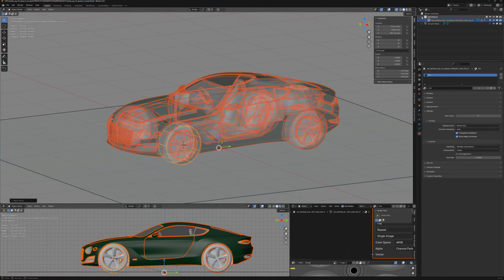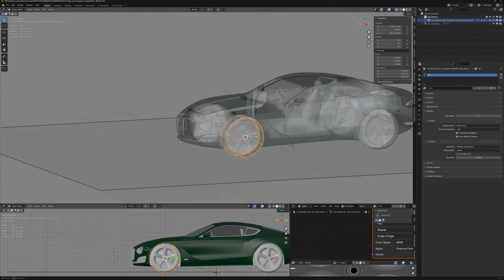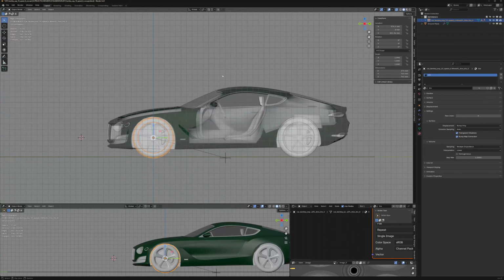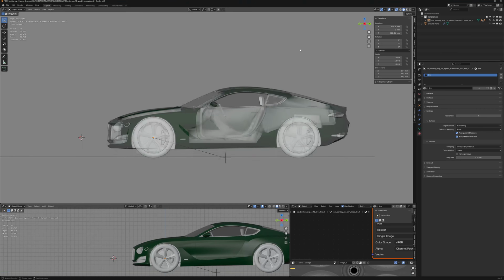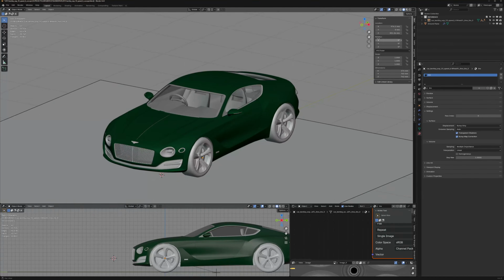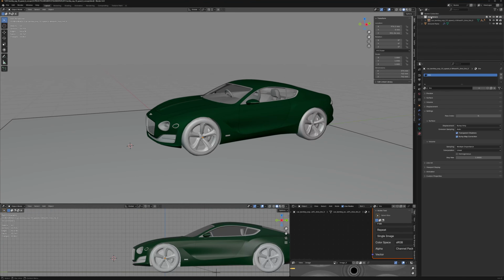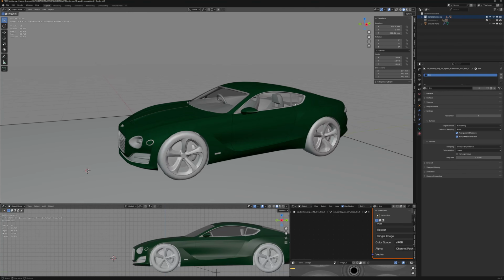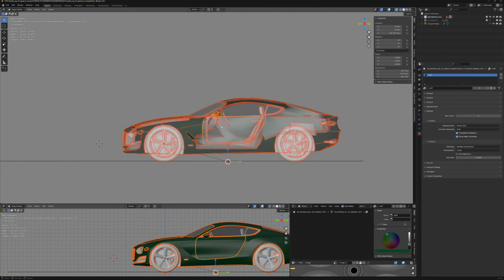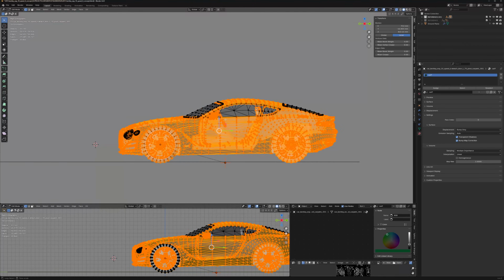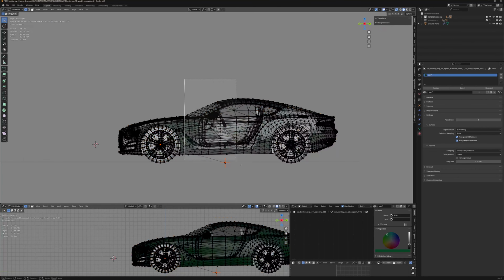Then let's go to that collection, select it, and put it to Y0. There we go. Okay, let's turn off the grid. That is our starting point. Let's duplicate our reference, duplicate collection, and put that at the top. Let's isolate that one. Now let's select an object, select all, object mode, make sure nothing's hidden,